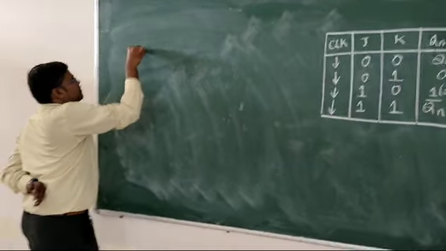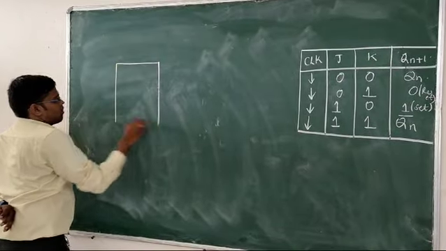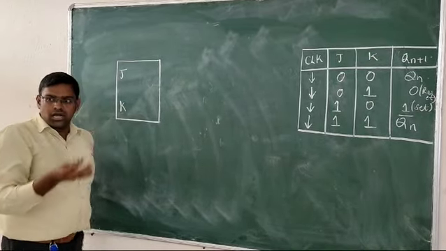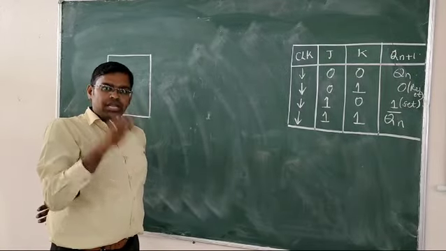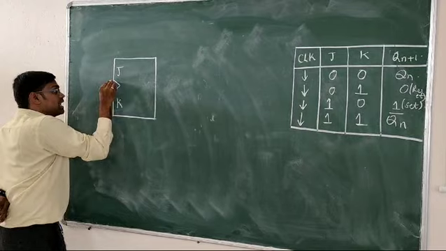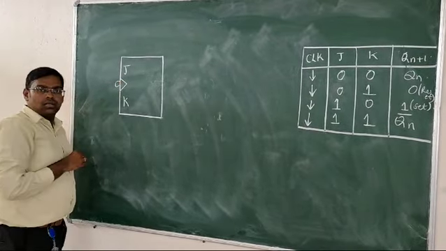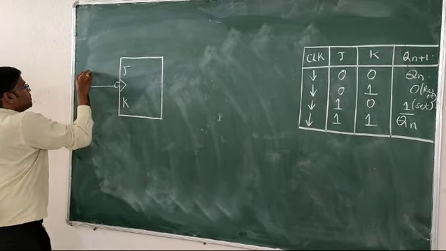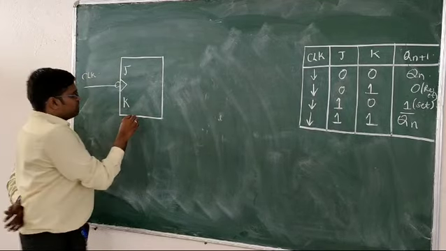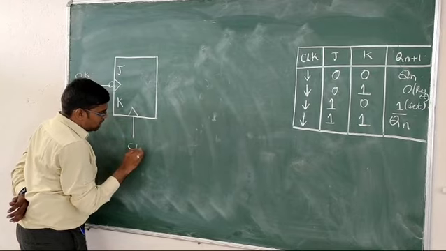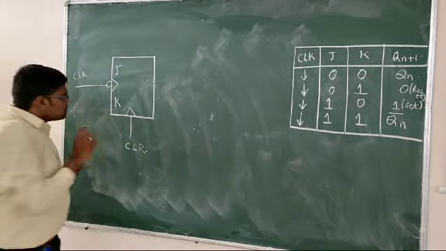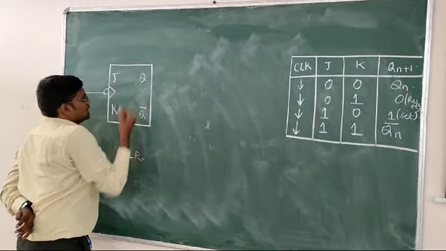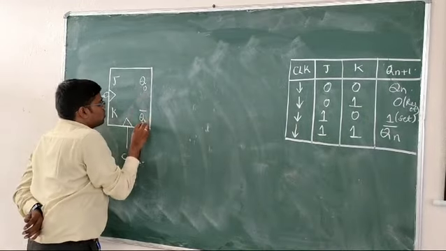So let us consider a JK flip flop first. Every flip flop will have all these inputs. J and K are the inputs. In order for any flip flop to work, we need a clock, but negative edge triggered. That's why I am taking this bubble. This bubble represents the negative edge triggering. So I am going to source some clock here. Next, every flip flop will have a pin called CLR, clear. Now, every flip flop will have outputs Q and Q bar. Here, I am considering this as Q0 bar.